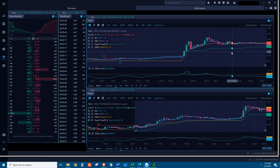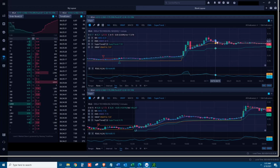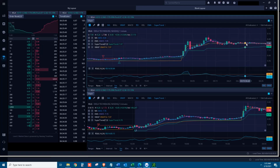What I wanted to show you guys here, my strategy is, as long as it's trending above the VWAP, I'm assuming the stock is staying bullish. The moment it breaks that VWAP, I'm thinking the bears are winning. I'm going to cut my losses and wait for another entry or look for another trade. So as you can see here, this thing was grinding along the VWAP. At that point, I'm like, okay,